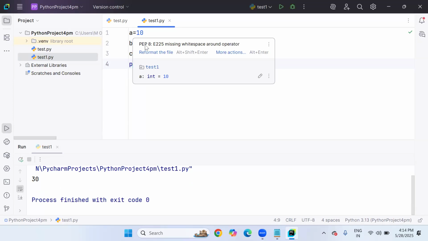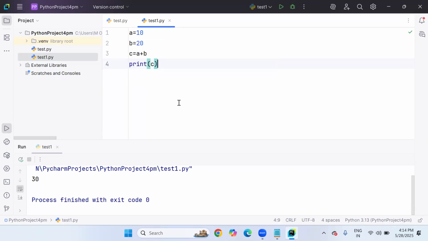The guideline, missing white space around operator, means white space is missing on the left side and right side of the equal to operator symbol. You have to declare it like this. But if you have already written code with multiple lines, like 10 or 15 lines,